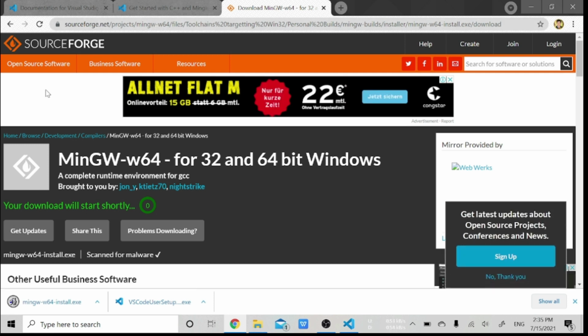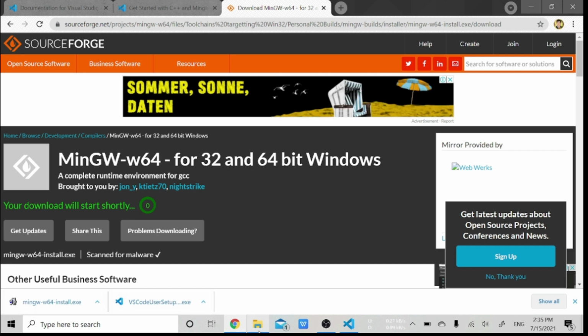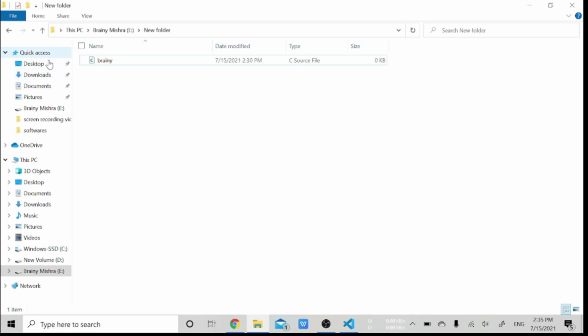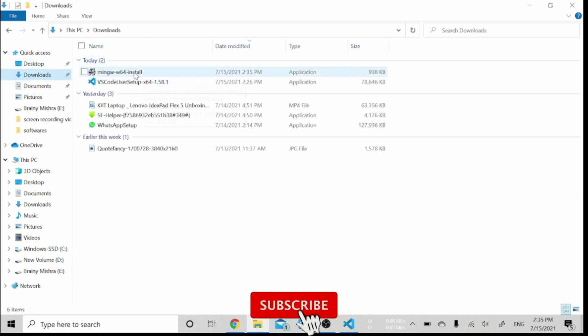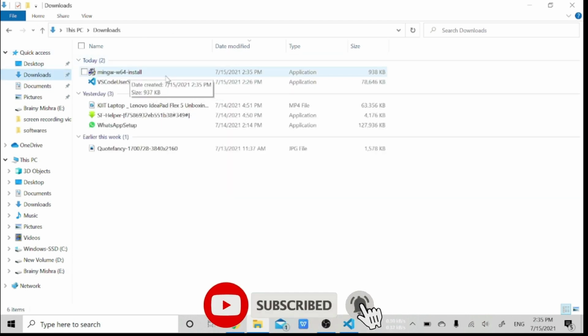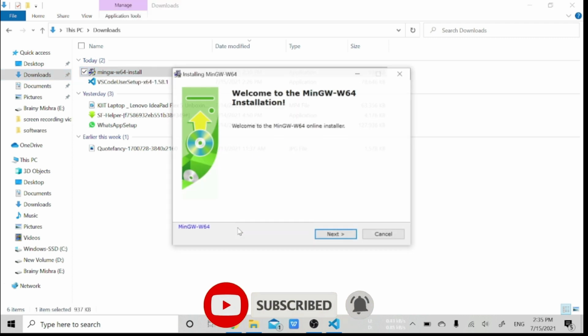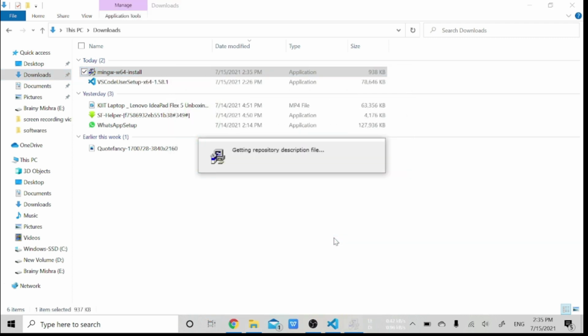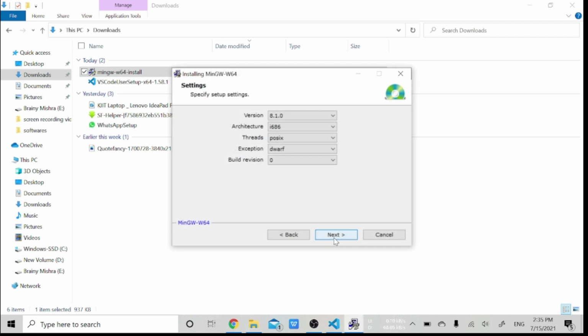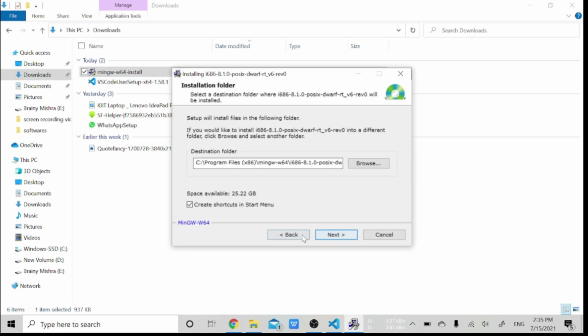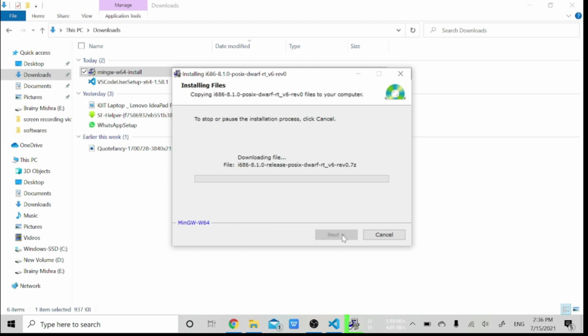We have downloaded MinGW-w64, so let's move to the downloads folder. Here is the MinGW-w64 installer. Double click on it, click on next, again next, again next. Wait for some time until it is downloading files.